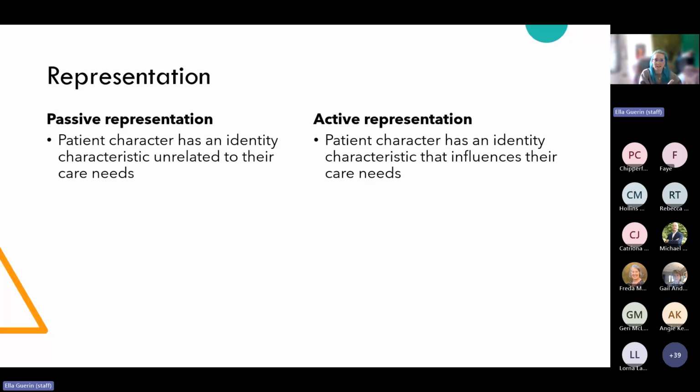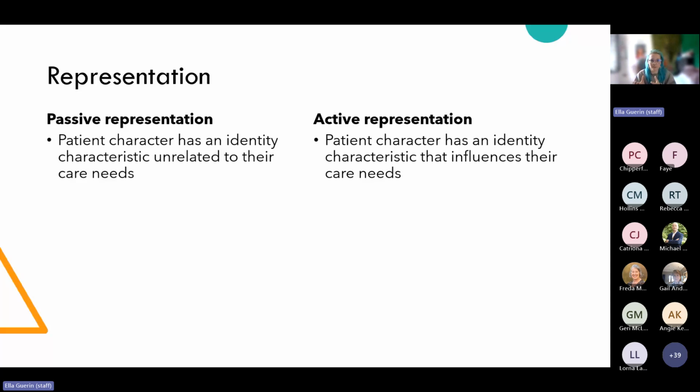So passive representation is that coincidental thing. Your patient character has an identity characteristic, in this case an LGBTQ plus identity characteristic, but it's completely unrelated to their care needs. Whereas active representation is where it's necessary for that character to have that identity characteristic because it influences